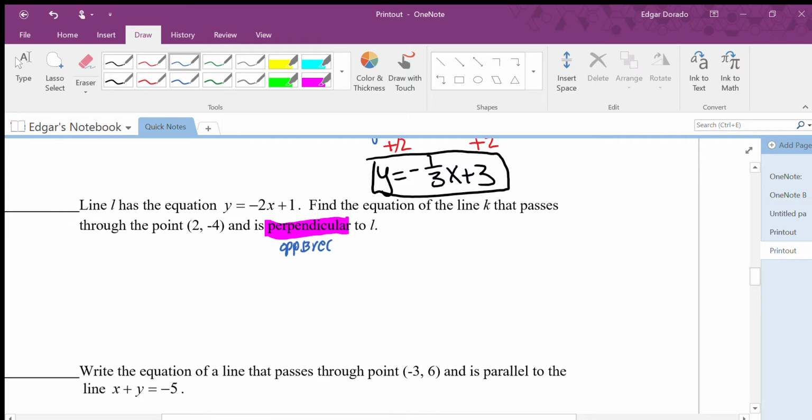Well, what is the original slope from line L? Let's write them down. The slope from line L is negative 2. Really, it's negative 2 over 1. So what does that mean? My line K that I want to write the equation for has to have the opposite of the slope. So opposite of a negative is a positive, and the flip version of 2 over 1 is 1 over 2. So my new slope that I have to use is 1 over